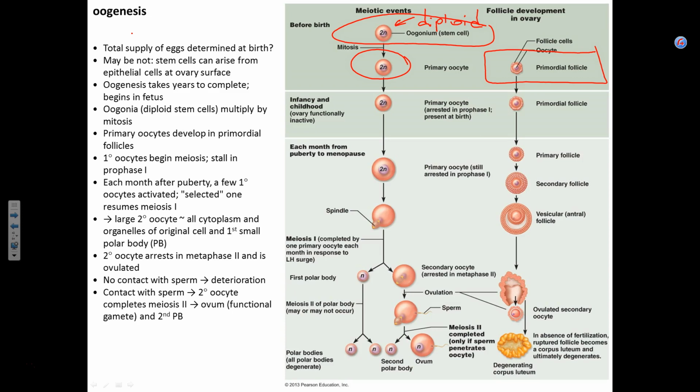In childhood, primary oocyte is arrested in the prophase 1 of the meiosis. Now, starting at puberty, every month, a single primary oocyte